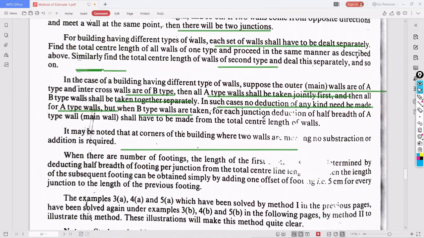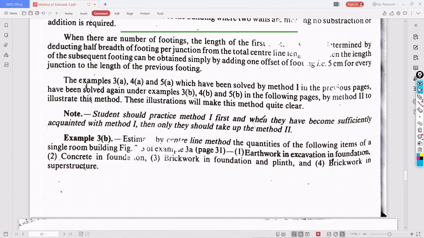Now we will solve one of the examples. The first example we solved for the long wall and short wall method, the same example we are taking and solving with the same image. The one room building we took, we will do in the center line method and compare the answers also.